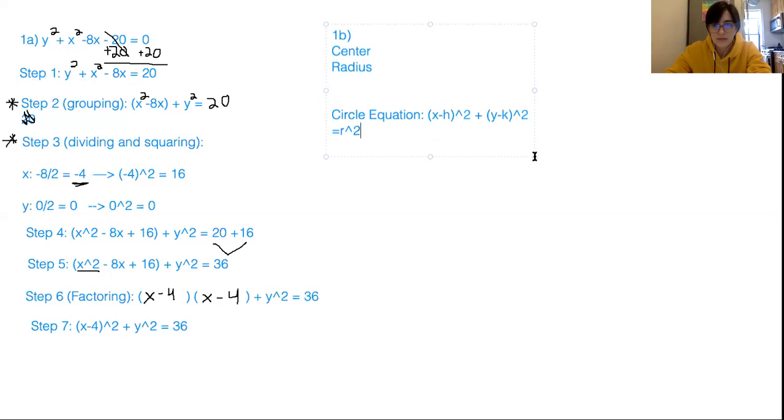squared. So this is my circle equation, and the center is represented by h comma k. That represents a coordinate point where the center of my circle is, and I can see h and k here in this equation. So those numbers represent my coordinate point that is the center of a circle. My radius is represented by r squared. That's saying radius squared, so I'm going to have to square root whatever it is in order to find what